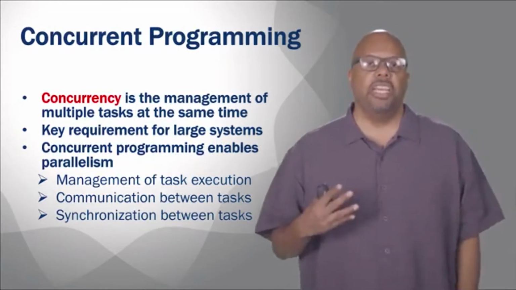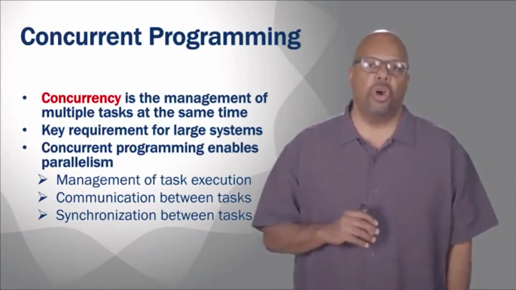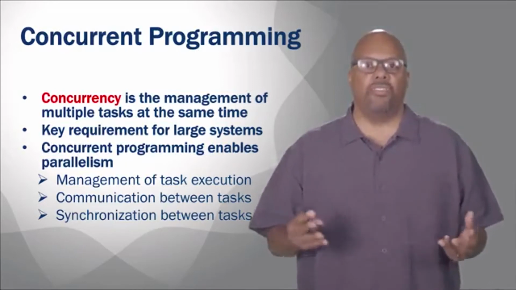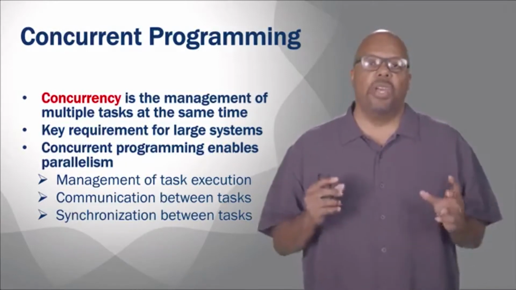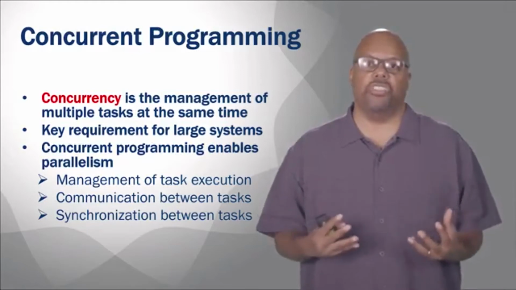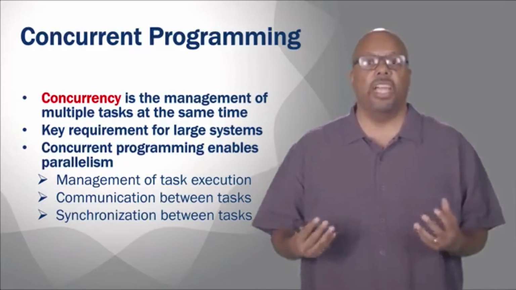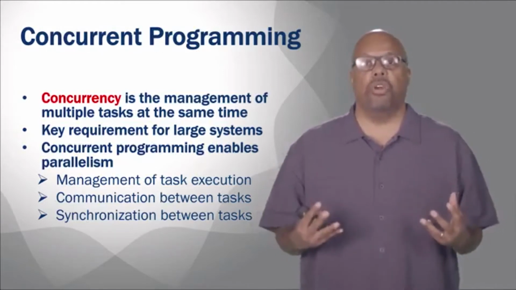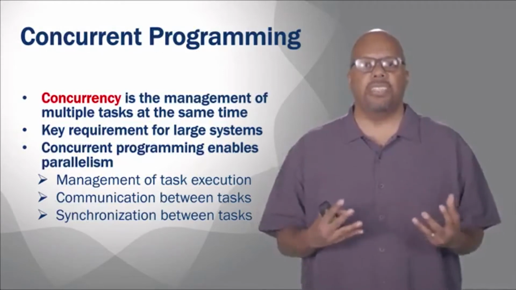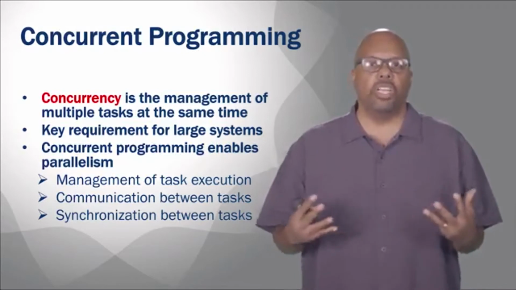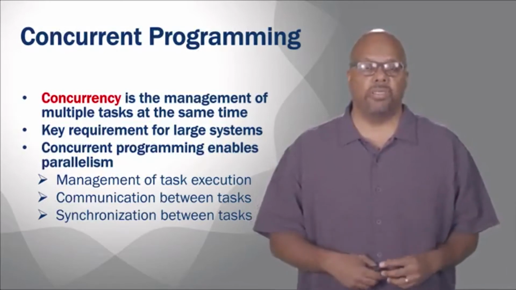You can't just take a regular piece of code and say, okay, I'm going to run it on 5 cores. That won't work. The programmer has to decide how to partition this code. I want this running on one core, this on another. I want this data here, this data there, and so on. That's what concurrent programming is about. The programmer is making these decisions that allow things to run in parallel if the hardware exists.